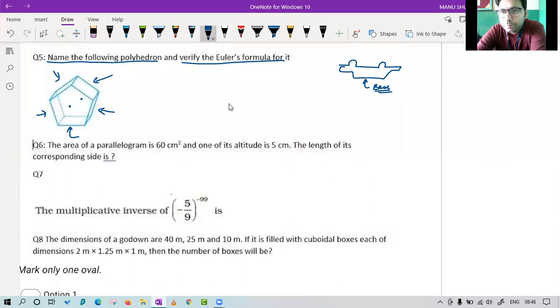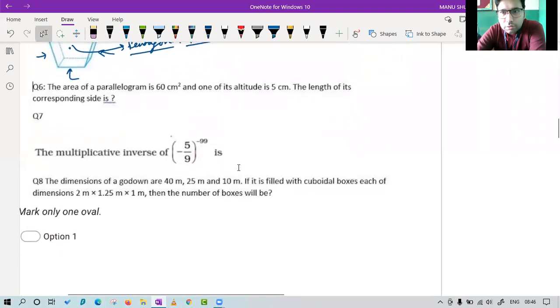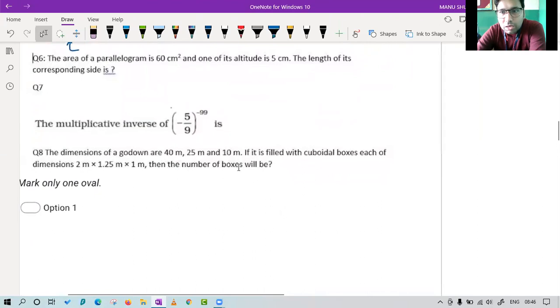Harshul, will you say this is the base of the car? Okay, you will. This is not the base. Now you can see this is a pentagon and the lateral surfaces are rectangles or parallelograms. So you can say this is a prism, and the name of the prism is pentagonal prism. That's it. Now it is clear to you, Harshul? Yes, yes, I got it.